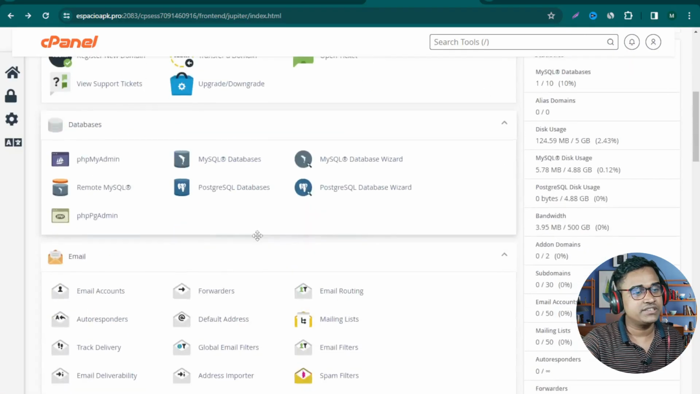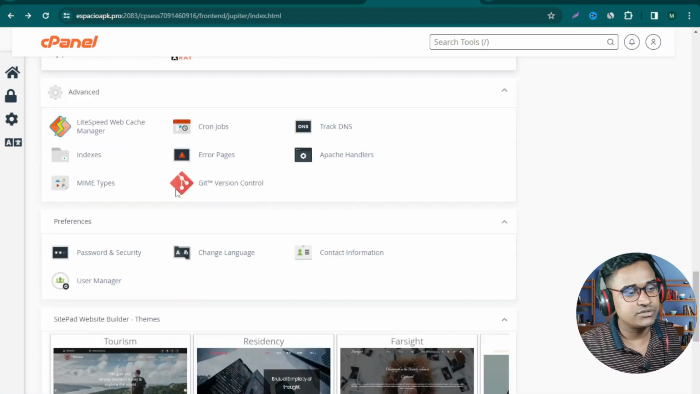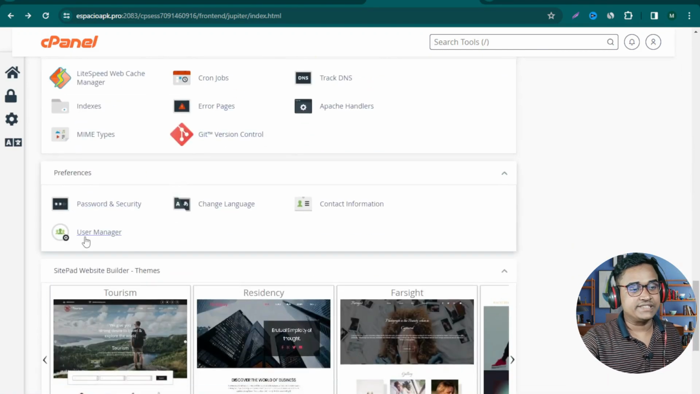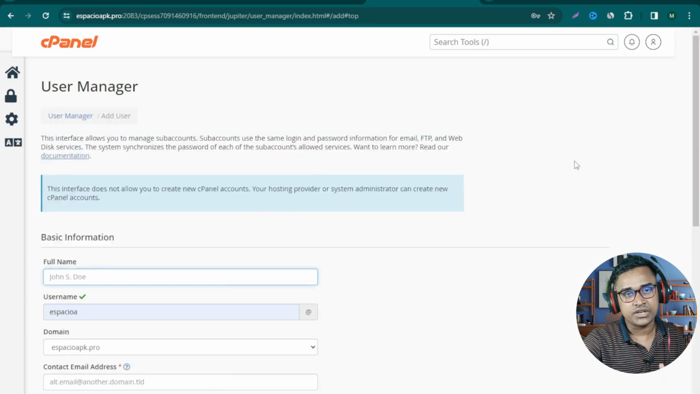So let's get started. First, I'm going to my cPanel. You can see this is the cPanel. You need to log in here, then go to Preferences, then User Manager. Just click here, then you can see this is my domain address. Then click Add User,